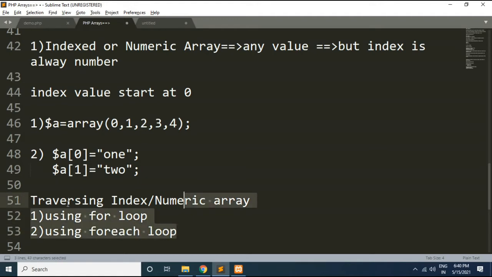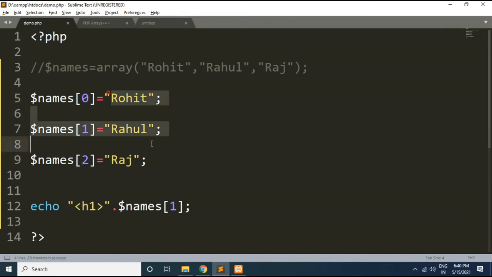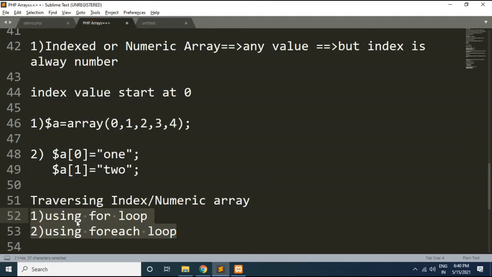These are the two ways for traversing array elements. What do you mean by traversing? Traversing means visiting each and every array element from the first element to the last element. That is nothing but traversing. So friends, if we have few elements, like here we have 3 elements, then we can refer to them by their index value, no problem. But consider you have thousands of elements, then accessing every element like this will be a tedious task. So in that case, this looping statement will help you.